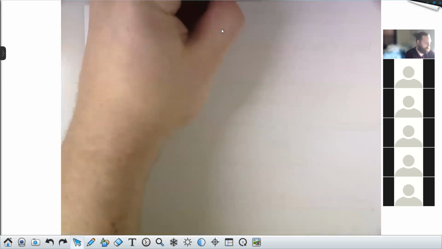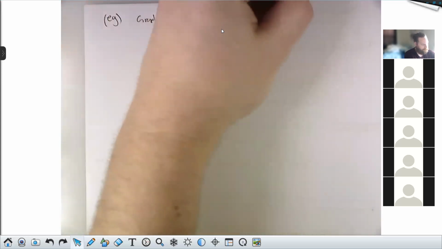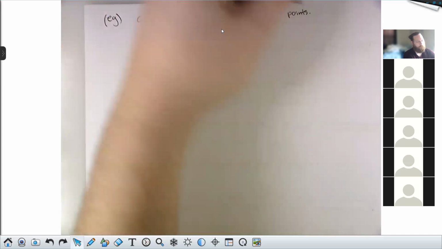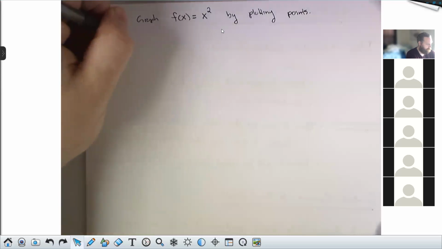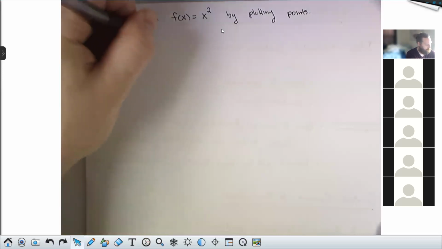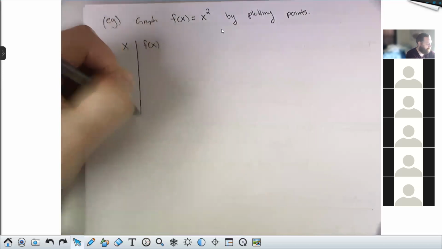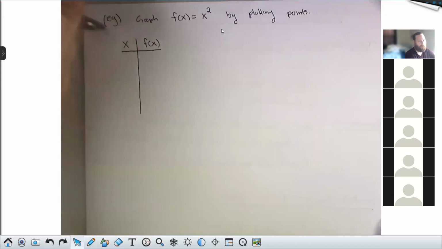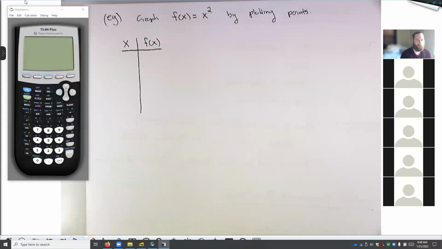But it's the only reasonable quadratic to start with. This, for everybody, should be the first quadratic graph they look at. And we're going to do it by plotting points. In the future, we'll have a way to graph these that's much faster. But for now, we're going to do this by plotting points. So if I want to do that, I can make a table. Okay, and maybe instead of making this table by hand, let me remind you, we can do this with the calculator. I'll show you how to do that.